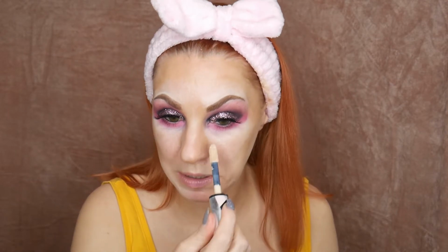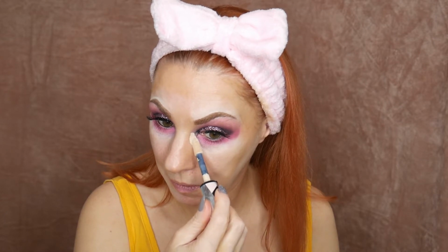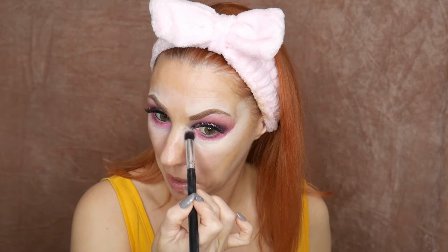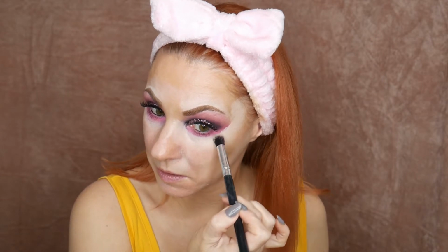So I don't want to do my under eye and then it kind of stick there. So under eye it is. I'm just gonna do there and there. I'm gonna do there. I'm gonna take my little Beauty Works beauty sponge and tap that in. And I'm just going to take this fluffy brush and just blend that